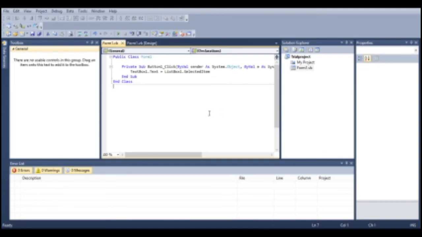Now when we just choose the Save All button, we will not be able to know what happened, what types of files are created, what is the extension name, all those things. From the Solution Explorer, we find only Form1.vb and its code Form1.vb and its design Form1.Designer.vb. Let us open the folder, that is the trial project folder, and see what are the different types of file extensions used to save the file.